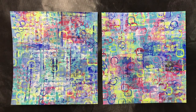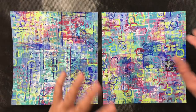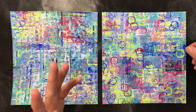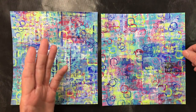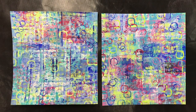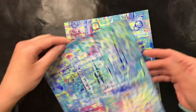I had planned on turning this into a journal page, or one of them into a journal page, and making ATCs with the other, and just never got round to doing anything with it, but I just loved them so much that I kept the video footage, and it's been on my phone, as I say, waiting to be edited ever since before Christmas. So the video footage that you're about to see shows how I created this background here